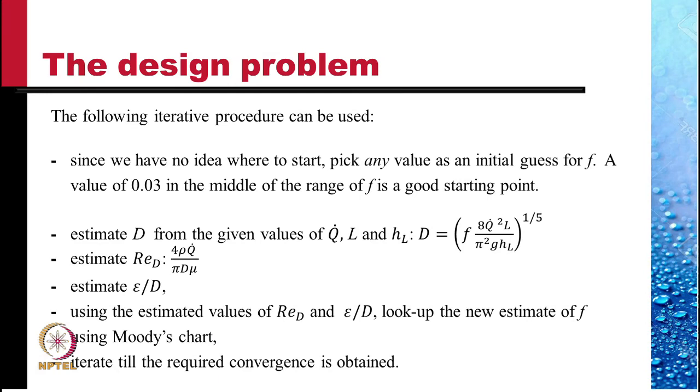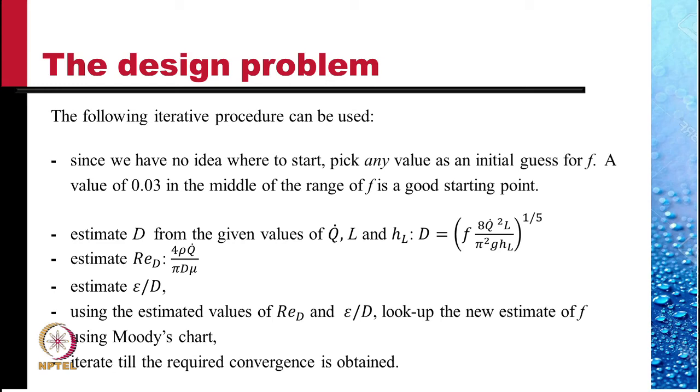The following iterative procedure can be used. Since we have no idea where to start, pick any value as an initial guess for f. A value of 0.03 in the middle of the range of f is a good starting point. Estimate d from the given value of Q dot, L and HL from the formula for the diameter that we just derived,